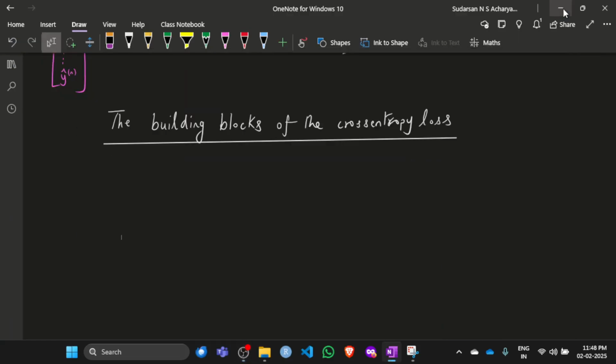This is a discussion on the building blocks of the so-called cross-entropy loss. There are two varieties of it. One is the categorical cross-entropy loss, and the other one is the binary cross-entropy loss. As we have seen, the categorical cross-entropy loss is the loss function that we use when we have a multi-label classification scenario, and the binary cross-entropy loss is the loss function that we use when we have a binary classification